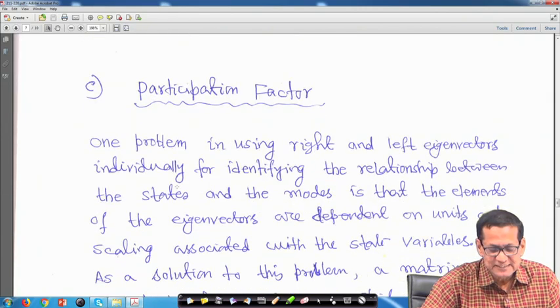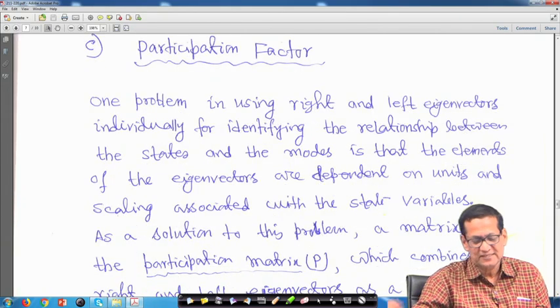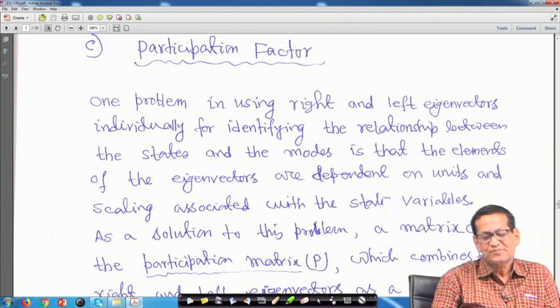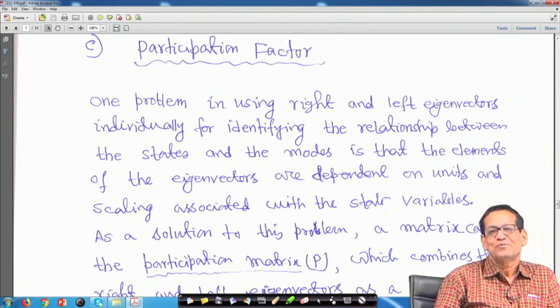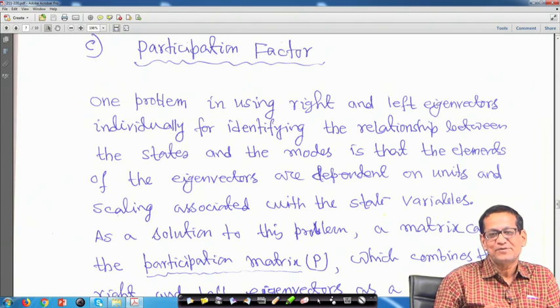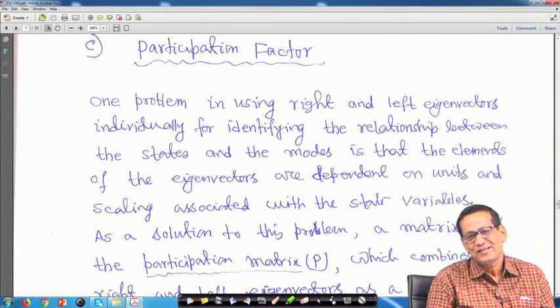Next, the most important thing, regarding the participation factor. At the end we will also see a couple more problems, and I will take it up separately and elaborately after making this derivation. We will take one more example, and again come back to the participation factor in another form, such that there should not be any confusion in your mind.